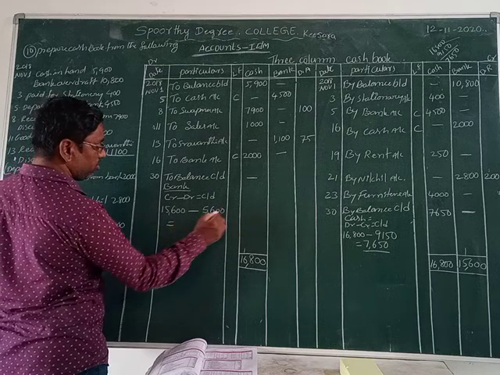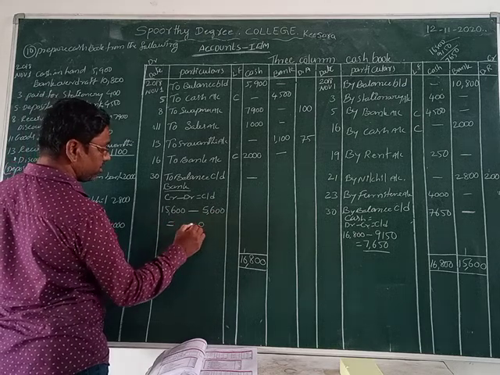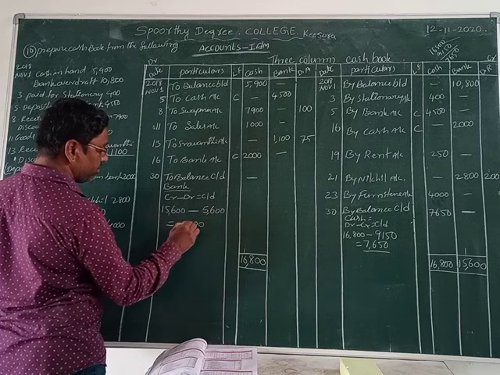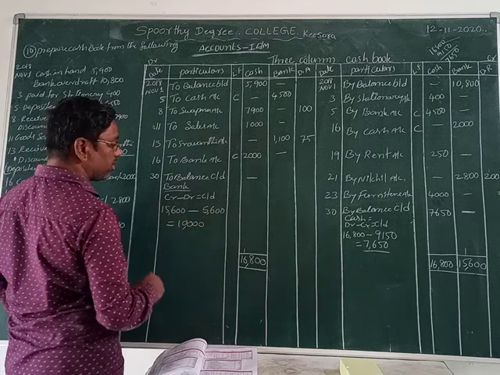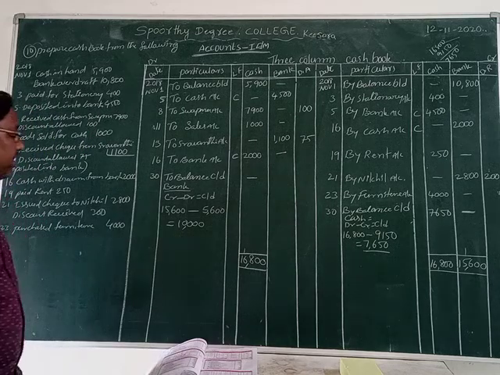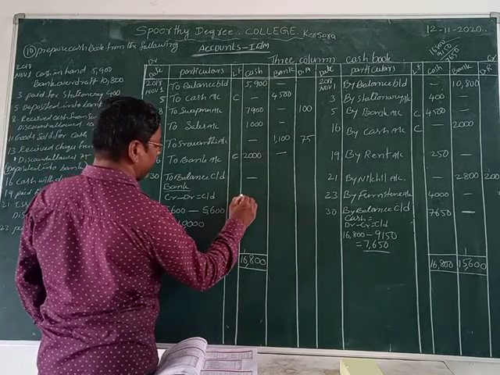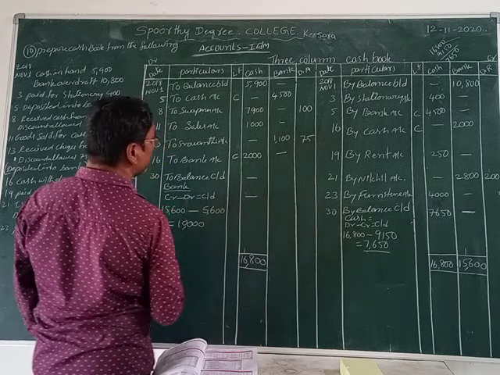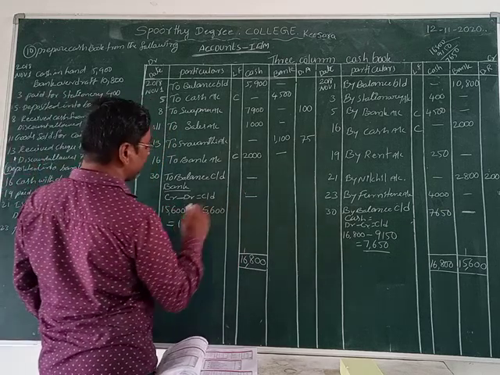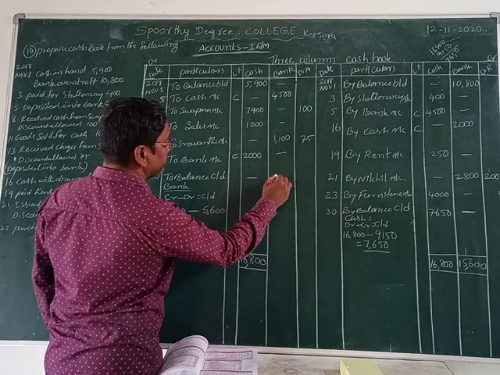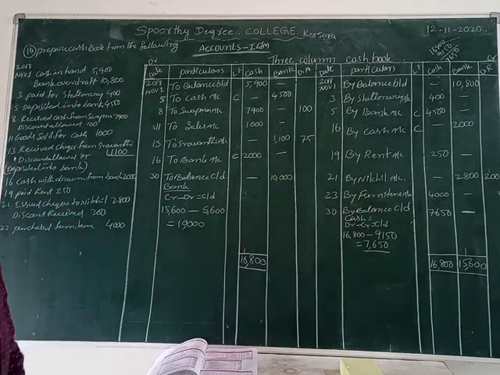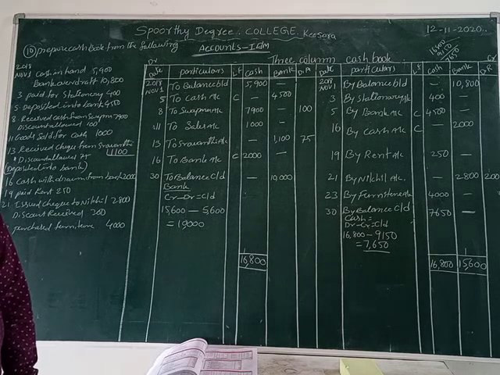Now what is remaining? Let us see. 0 minus 0 is 0. 0 minus 0 0. 6 minus 6 0. 5 minus 5 0 and 1. What is the amount? 10,000 rupees. The remaining cash payment is 10,000 rupees. There is not a cash column. The bank balance carried on is 10,000 rupees. The remaining 10,000 rupees we can pay to the bank.